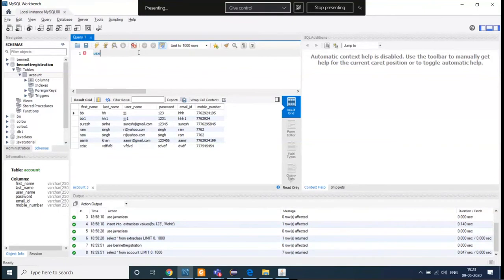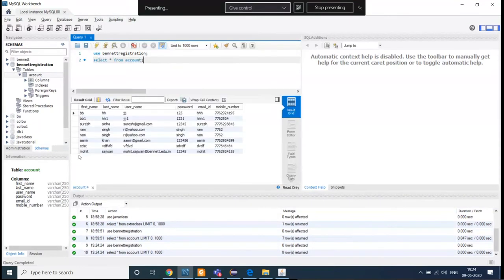So again, I have to write use Bennett registration and select star from my table name, account. If I execute this query, you can see Mohit Sajwan, mohit.sajwan@bennett.edu.in, 12345, my name Mohit as well as 77624155.